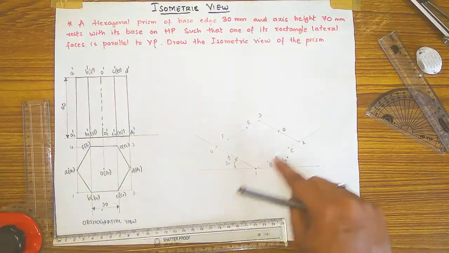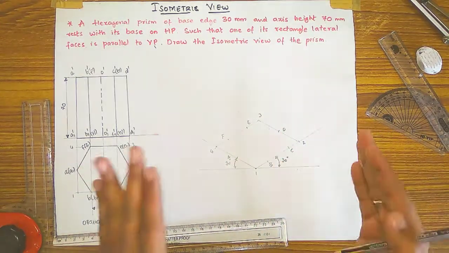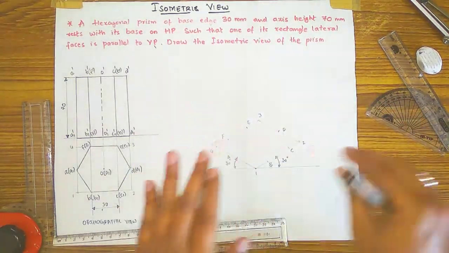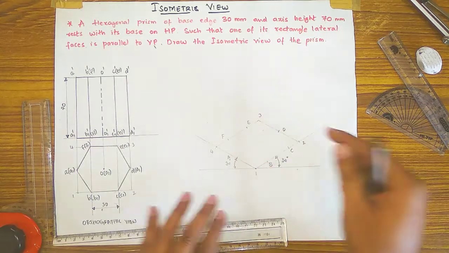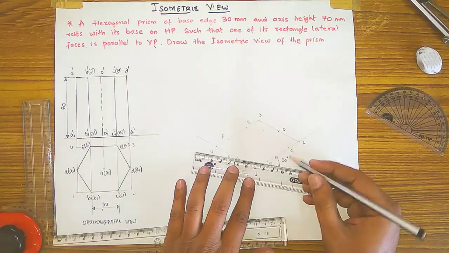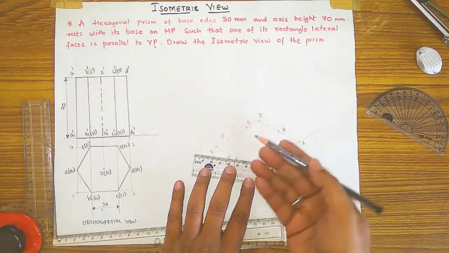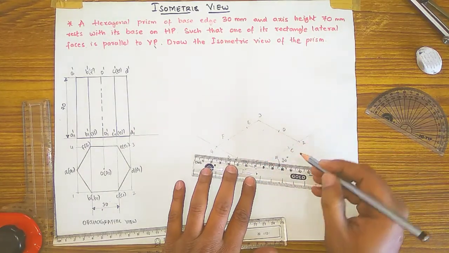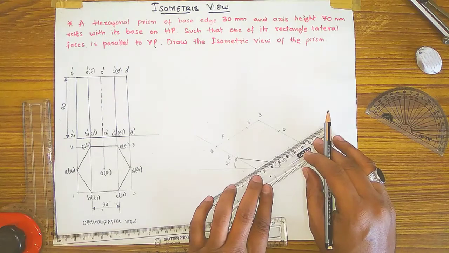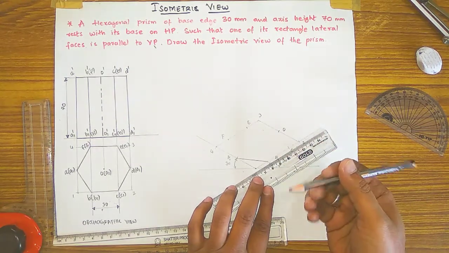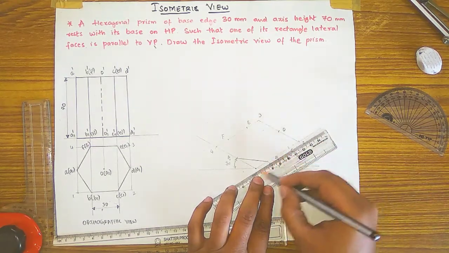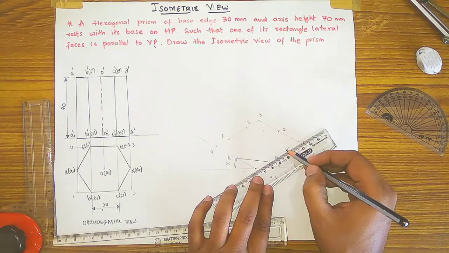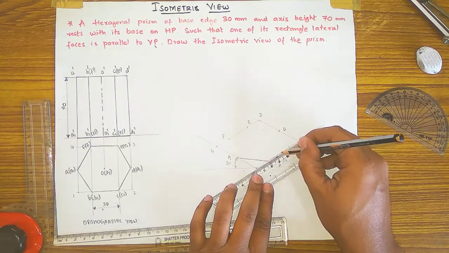Okay, now to join this hexagon, we are the observer, we will see from the front, means from here we will see from the front. If you see this A to B to C, while joining these lines, this A to B is visible because it is front. The edge of this hexagon is front, so it is visible, so you have to dark it. And B to C is also visible, and it is coming on the boundary line, means on this rhombus you will have a boundary line, so that's why you have to do dark.